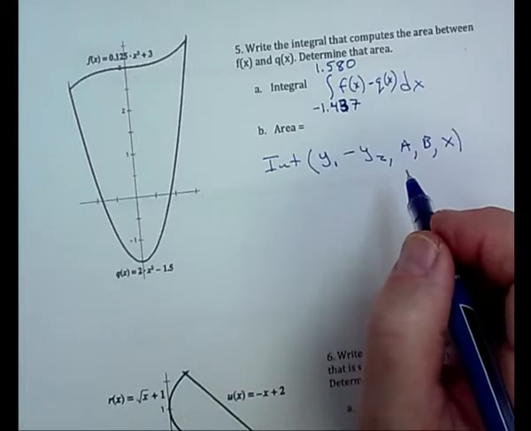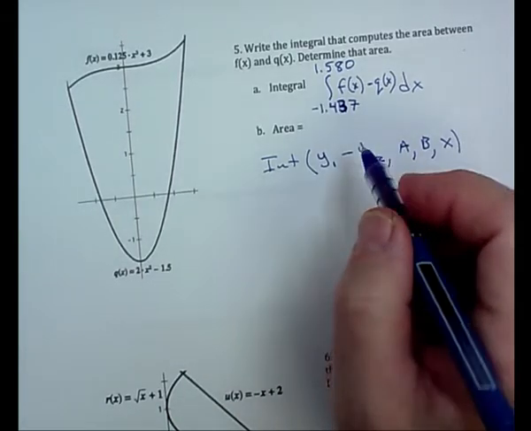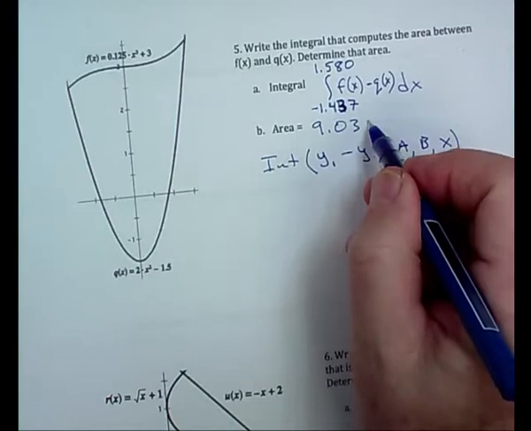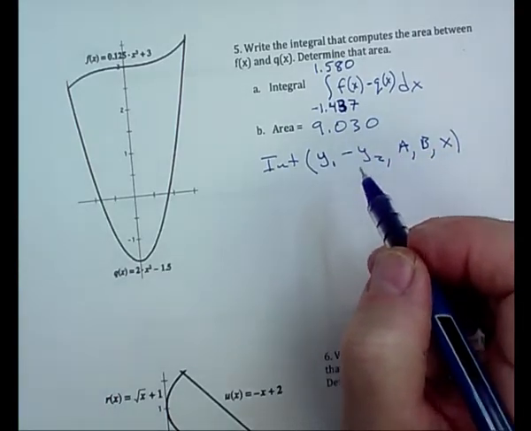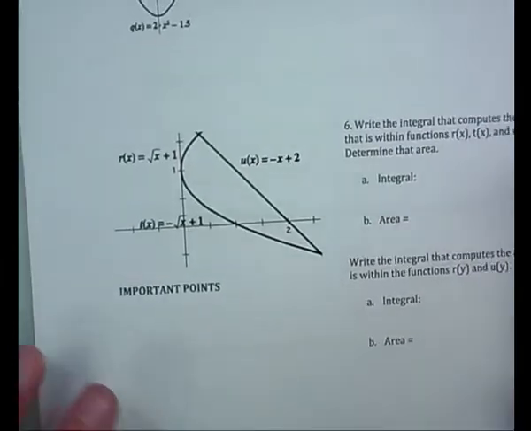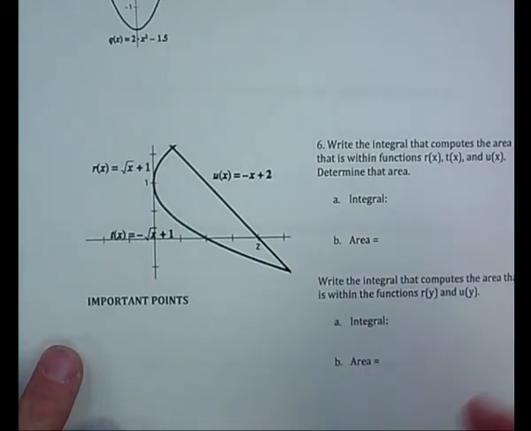Yes, sir. 9.030. John's going to give it to me. 9.030. Okay, everybody agree? Okay. Next one. Whoa. There's three functions here. We'll talk about it tomorrow. Now, before you leave,